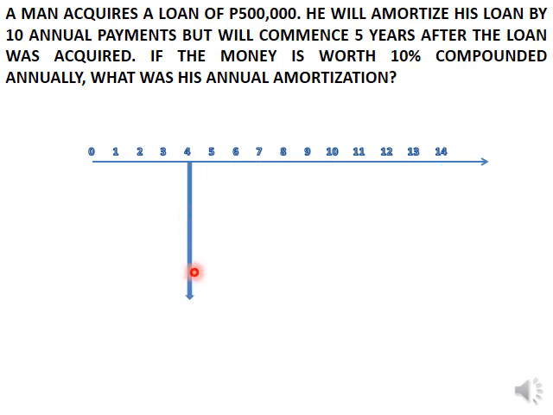Now, if we wish to compute the equivalent cash flow on year 4, then we'll use this formula. For the present worth of the ordinary annuity, we have A times 1 minus 1 plus I raised to negative n, where n is the number of payments, in this case 10. Now, since this is not actually the present worth, because the present worth is actually at year 0,